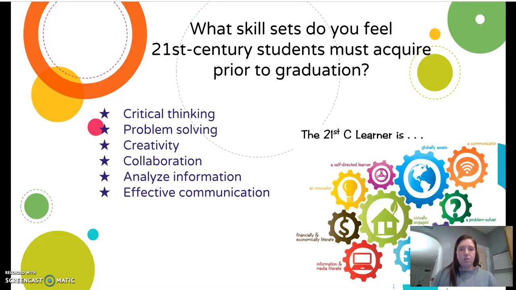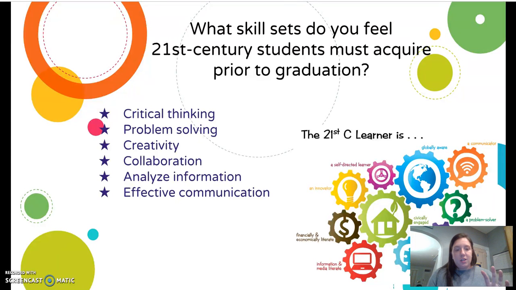Some skills I feel that 21st century students may require before graduation are critical thinking and problem solving, really solving problems on their own, being able to think deeper into how to get a solution. I enjoy this picture here on my slide.